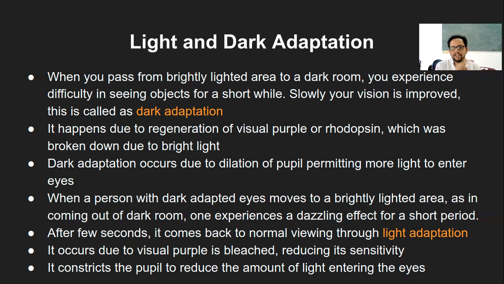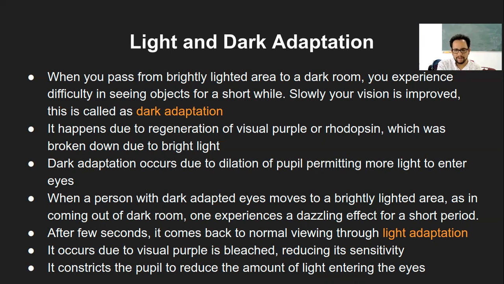That regeneration time of the rhodopsin pigment is what does not allow you to see something in the dark immediately when you come from a bright area to a dark area. So that is the adaptation of this pigment. It's also called bleaching of the pigments, but again, that term is not to be used in this context as such. So that is the whole reason why dark adaptation occurs.